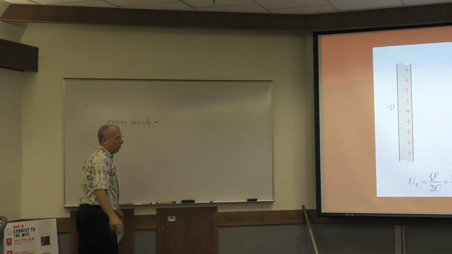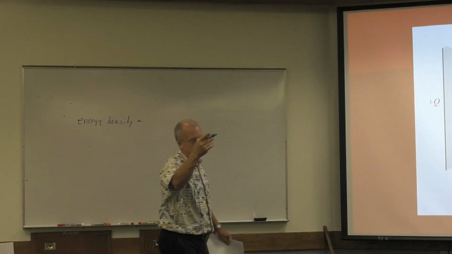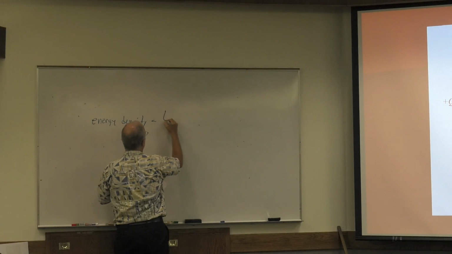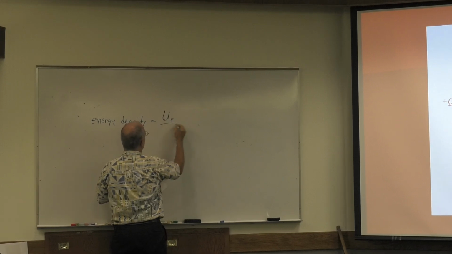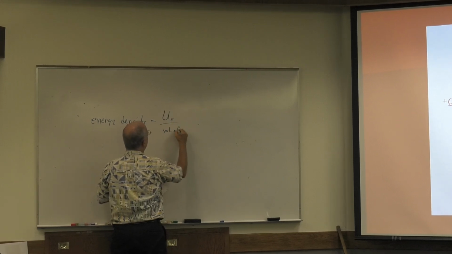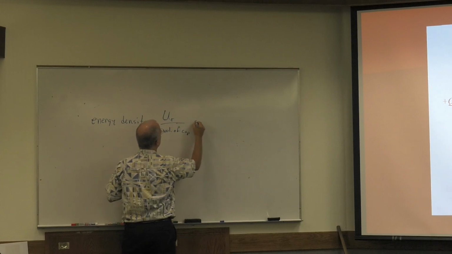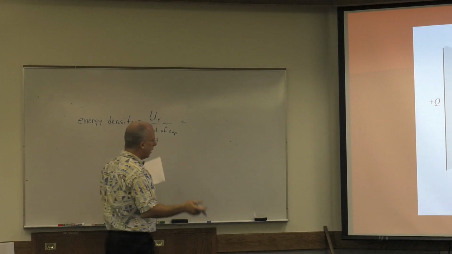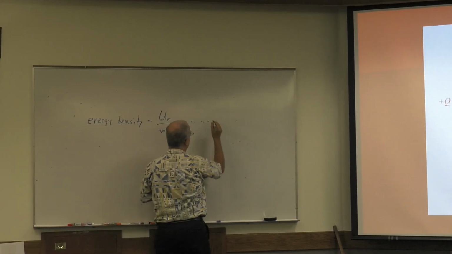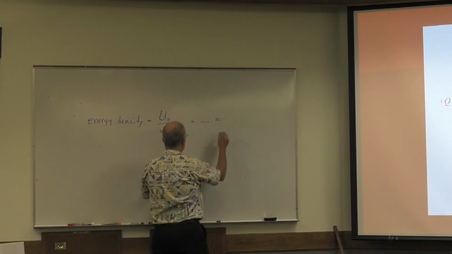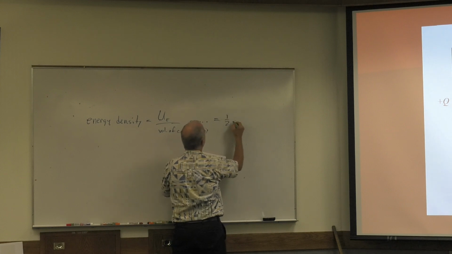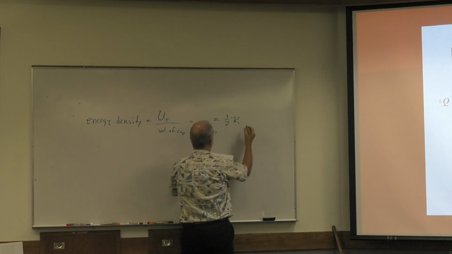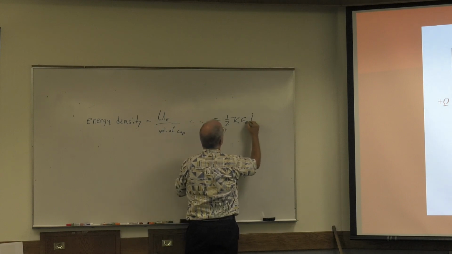Well, what's any kind of density? The mass density is the mass divided by the volume, right? So the energy density of a capacitor is just the energy divided by the volume of the capacitor. Anyway, somebody worked it all out. They did a whole bunch of math, which I'm not going to repeat, and they came out with this equation: 1/2 kappa, there's our good old kappa for the dielectric, epsilon 0 times